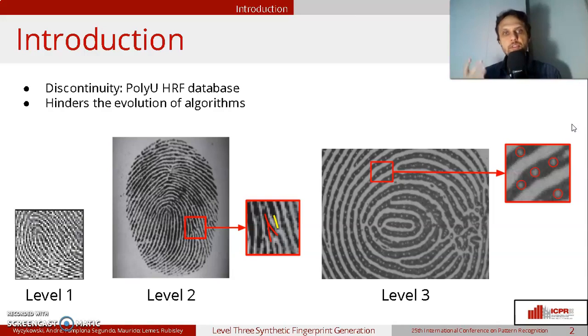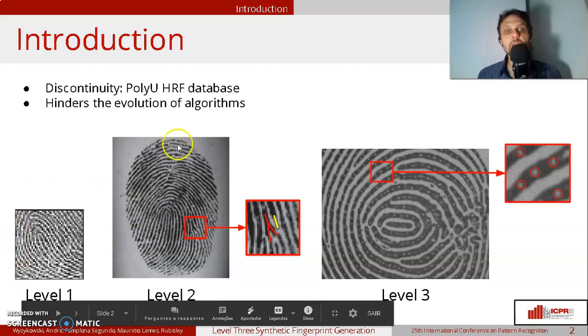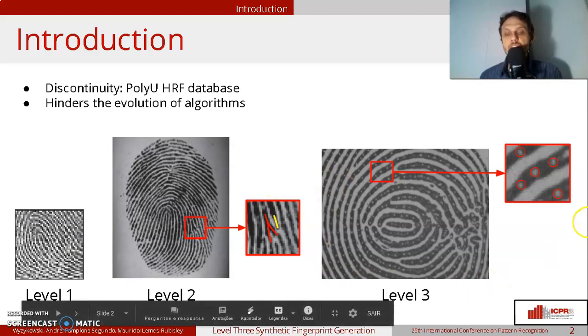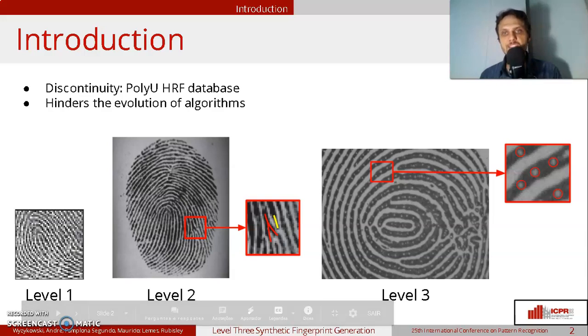So there is a variety of fingerprint sensors that can capture the biometric information and translate it into images. A low resolution sensor can generate a level 1 image that you can see here on the left. Here in the center we have a level 2 image that was created by a mid-resolution sensor, and we can see here the presence of minutiae such as bifurcation and end of line. Here on the right we have a level 3 image that was generated by a high resolution sensor, and the